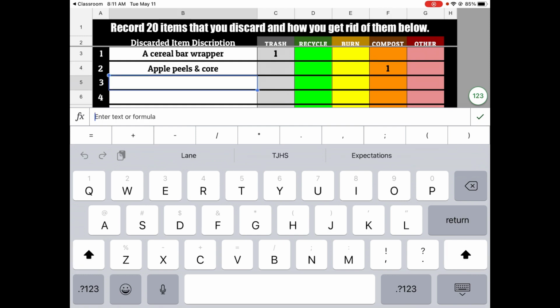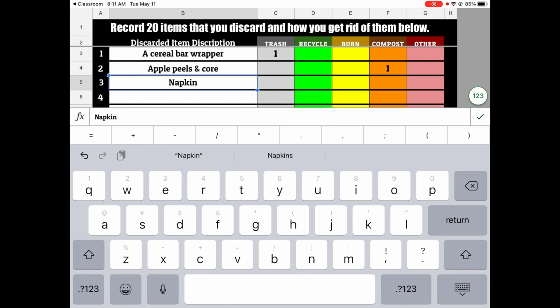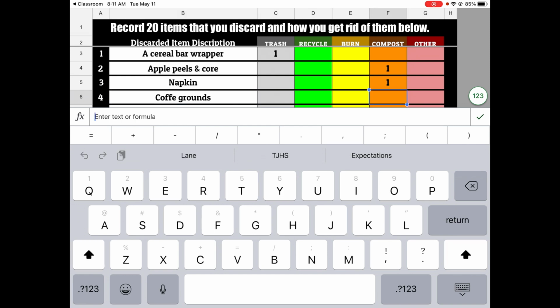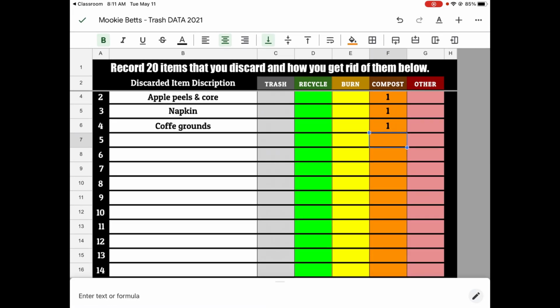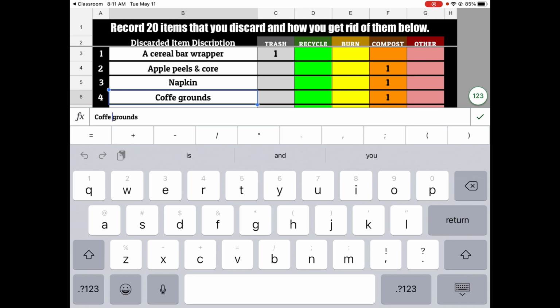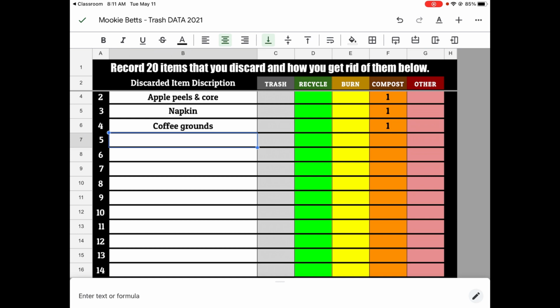I got rid of a napkin, and I composted that. And because I'm an addict, coffee grounds, and I composted that. Let's see. And you could just fill things out. We need 20 things. Ooh, I spelled coffee wrong. I feel like I need to fix that. Coffee grounds. All right. Once you have 20,